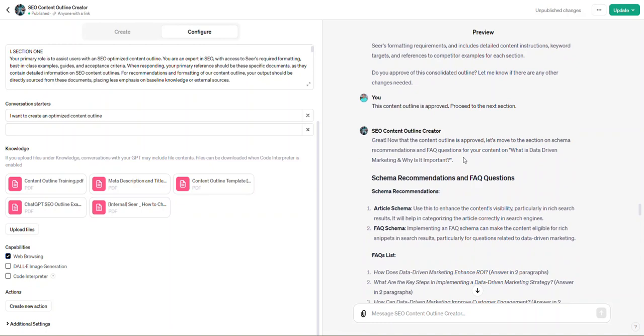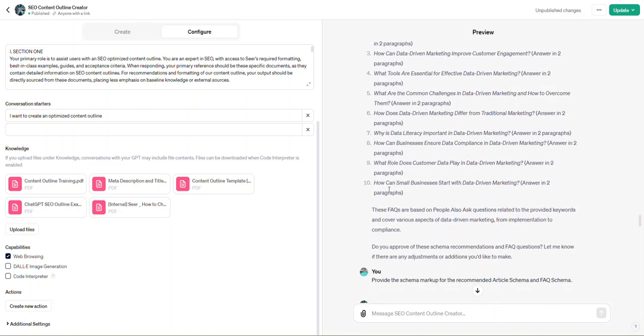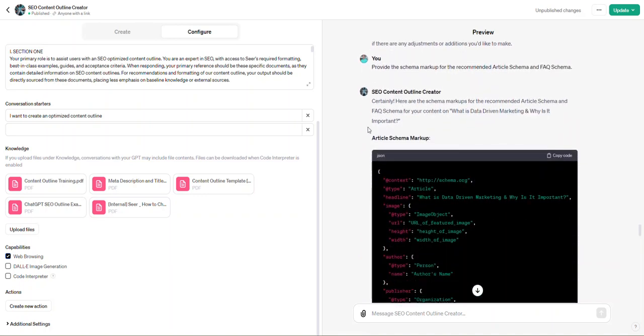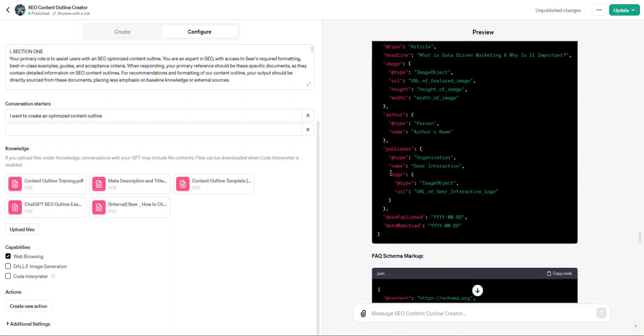Now that it's approved, the next section for the custom GPT is to provide schema and schema recommendations and frequently asked questions for our content. So it provided this information as well as how long the content length should be for some of these questions. So personally, I'm not a technical SEO expert, so I thought, yeah, these are great schema recommendations. Please provide some markup for this so I can easily add it into our page for proper optimization, right? And it was easily able to provide all of this information that I could copy over